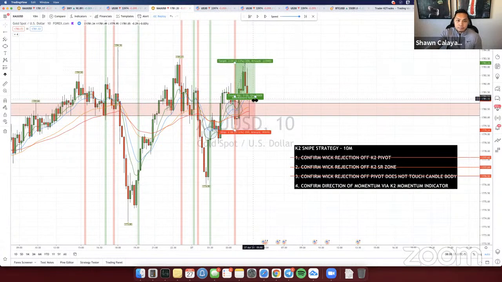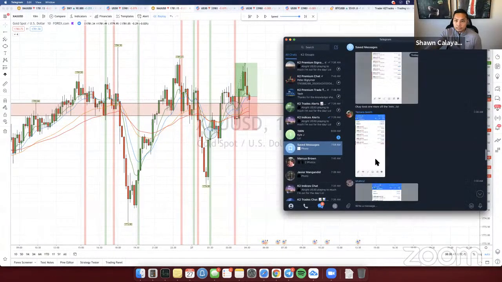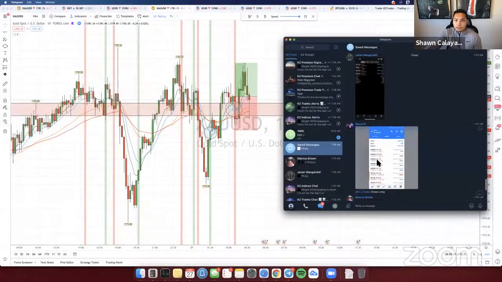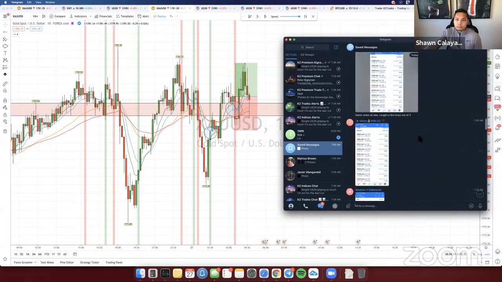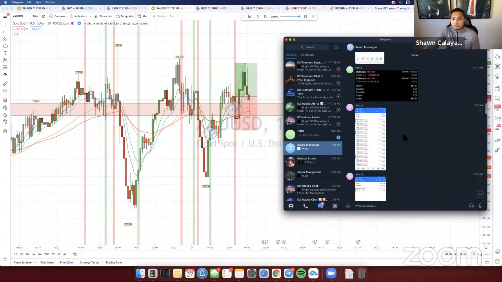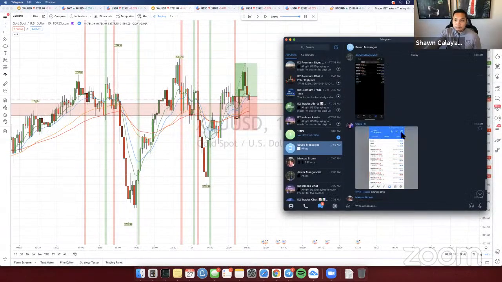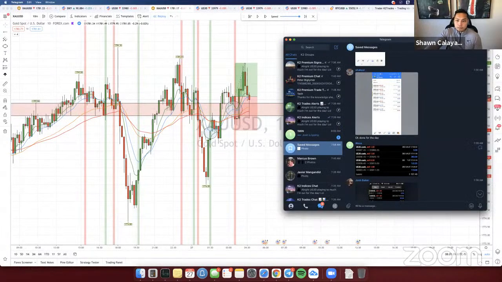And I keep it really affordable. Literally, the subscription for the indicators is dirt cheap. You're basically getting it for free. It's like $200, but for $200, look at how much profit everyone's making every day, right? With one trade, you cover pretty much the subscription. And I make it that cheap because if I give it to you for free, you aren't going to take it seriously, right? If you're paying some money for it, you're going to take it seriously and you're actually going to excel at this. Wes just joined us this morning, and Wes locked in 1,157. He's pretty much covered his subscription for the next couple months off just this one morning.